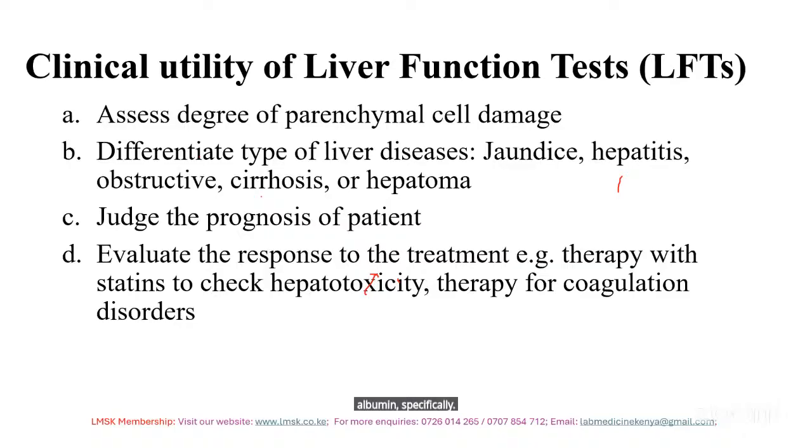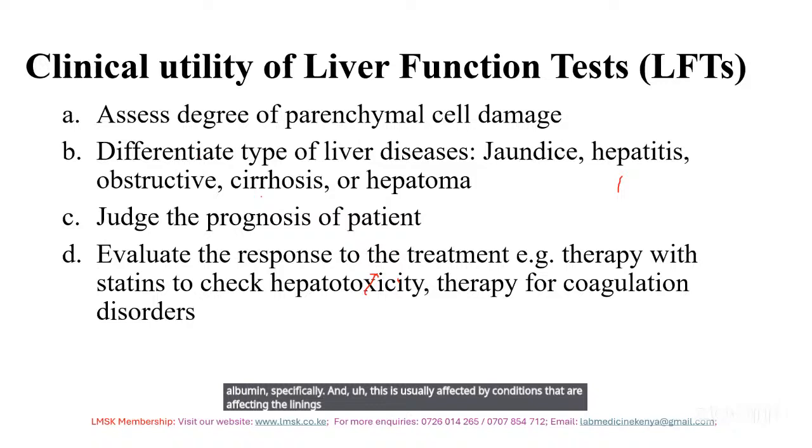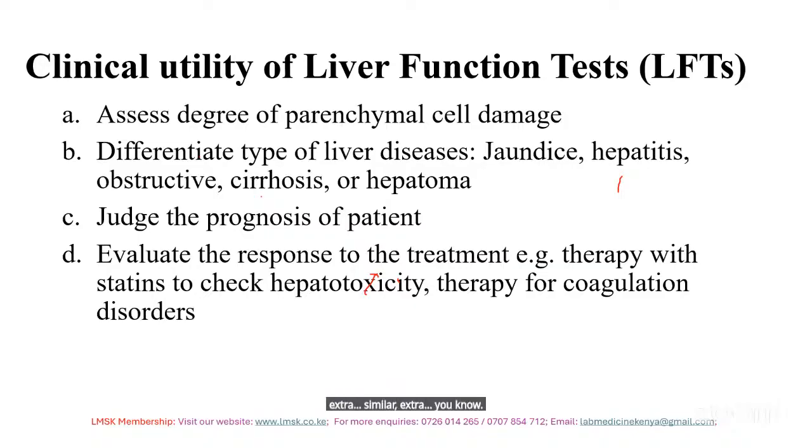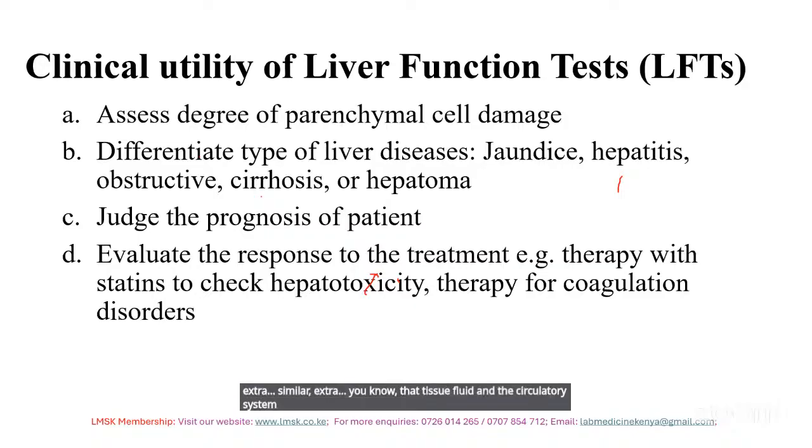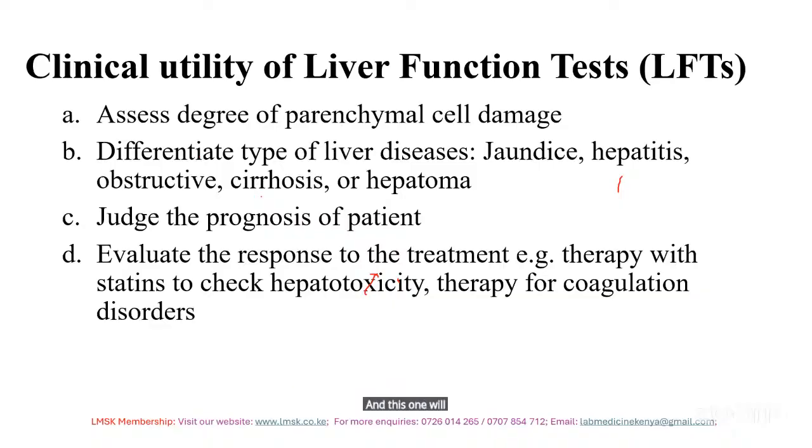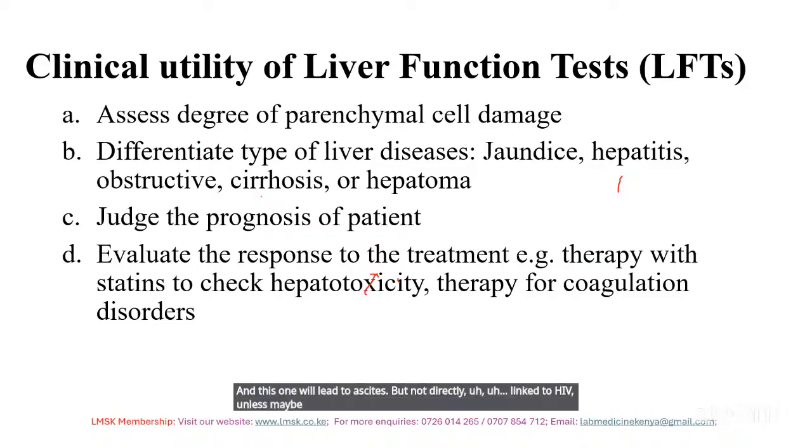And this is usually affected by conditions that are affecting the linings of those membranes that separate the extracellular tissue fluid and the circulatory system. And this will lead to ascites, but it is not directly linked to HIV, unless maybe HIV itself is causing a